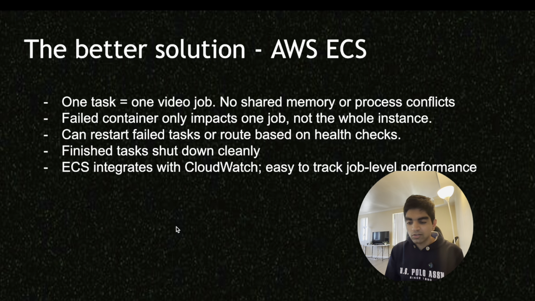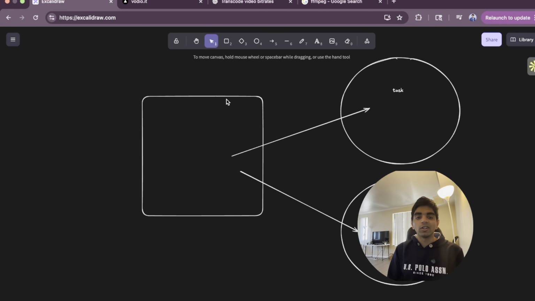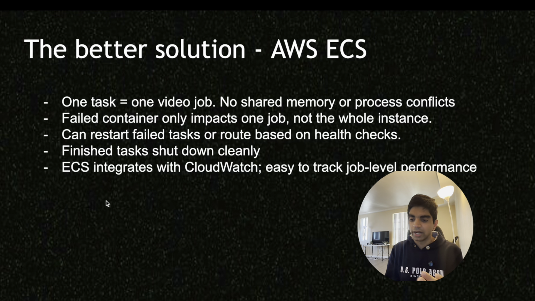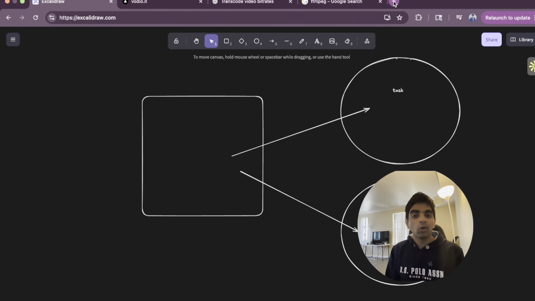So this is also obviously great because it's essentially a Docker file, and Docker file has just a set of steps that would eventually end at some point, after which the task shutting down is managed by AWS itself, which is extremely clean because now we've outsourced that. And also ECS integrates with CloudWatch. So if we go into what CloudWatch is,